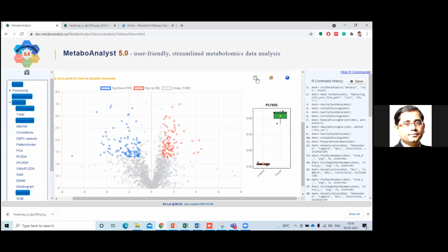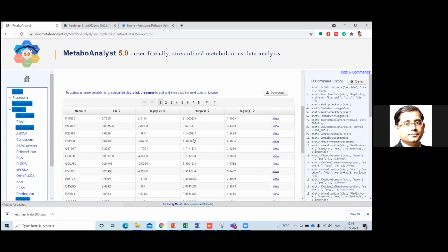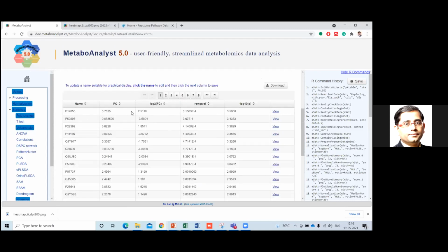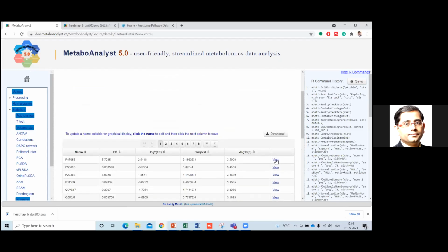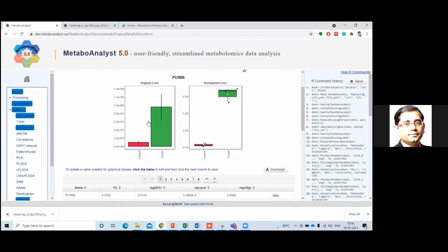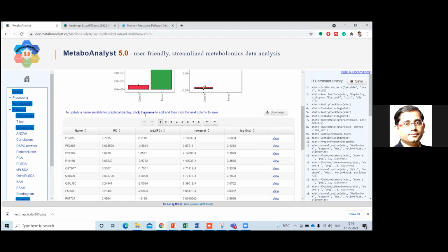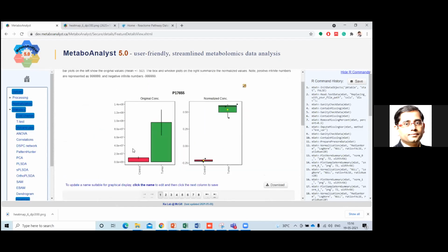So now this is a box plot, and for this also you can click on this Excel tab like this, and you can see all these proteins with their fold change, p-value and all these details given over here. And if you click on each of these, you can see the box plot over here, right? So over here, that is the normalized data. That means, compared to the original data, as you can see, the exponential data is there.